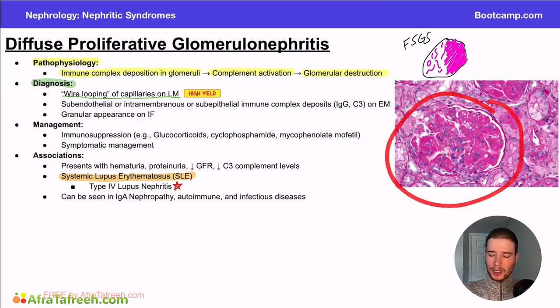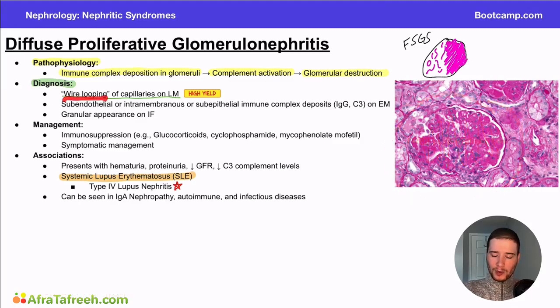And this presentation on electron microscopy is associated with this wire looping, which is to say that the immune complexes which deposit in the glomeruli create this thickness of the capillary walls, which is supposed to resemble kind of a wire looping appearance. Hopefully you can appreciate that there's overall hypercellularity in this glomerulus, but also notice the difference between lightly pink stained areas versus the really dark pink stained areas. This difference has to do with the amount of immune complexes deposited